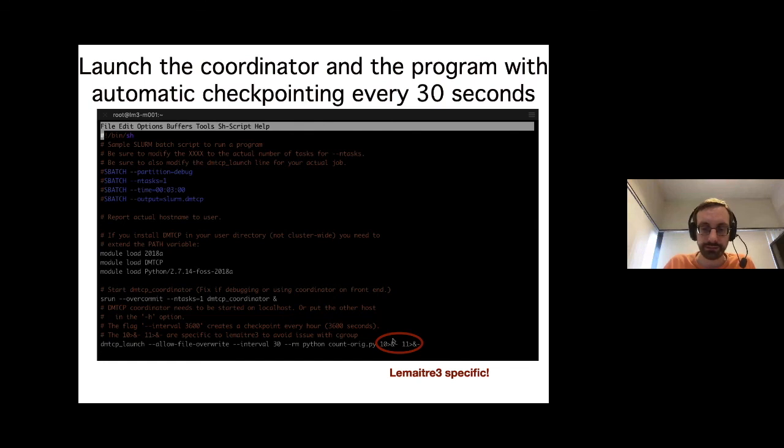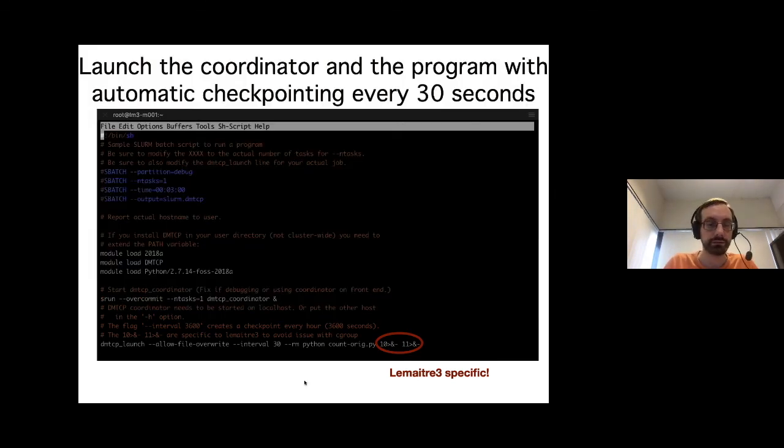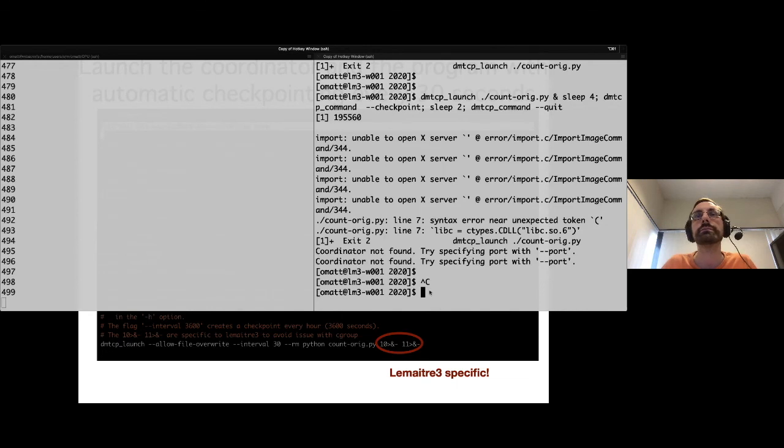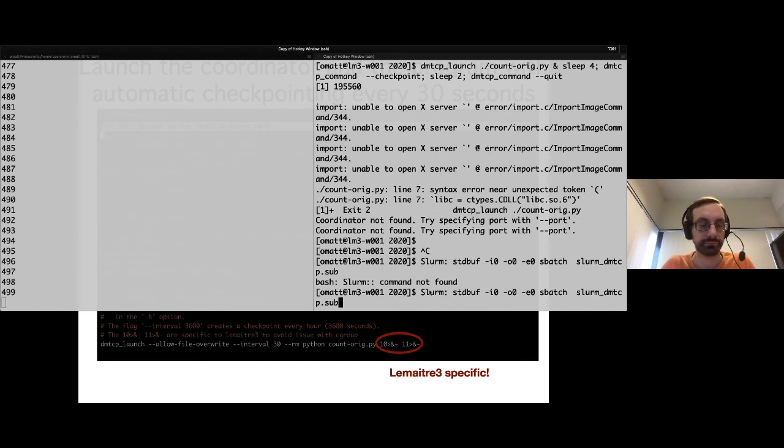So let's do that. Oh, what did I do. So here I'm going to try to kill the buffering completely. So I'm doing this stdbuf -o0 to everything, which is not that important. Then I'm going to submit the file slurm_dmtcp.sub.